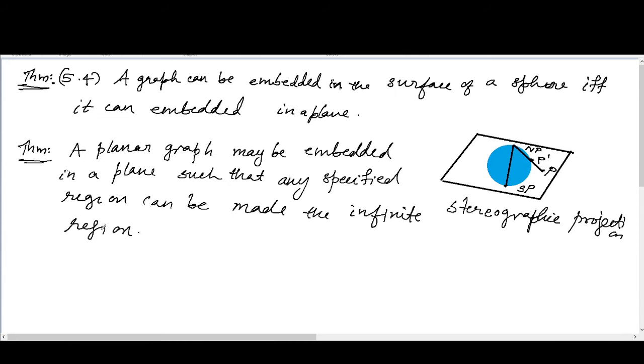A planar graph may be embedded. This is theorem 5.5. A planar graph may be embedded in a plane such that any specified region can be made the infinity region